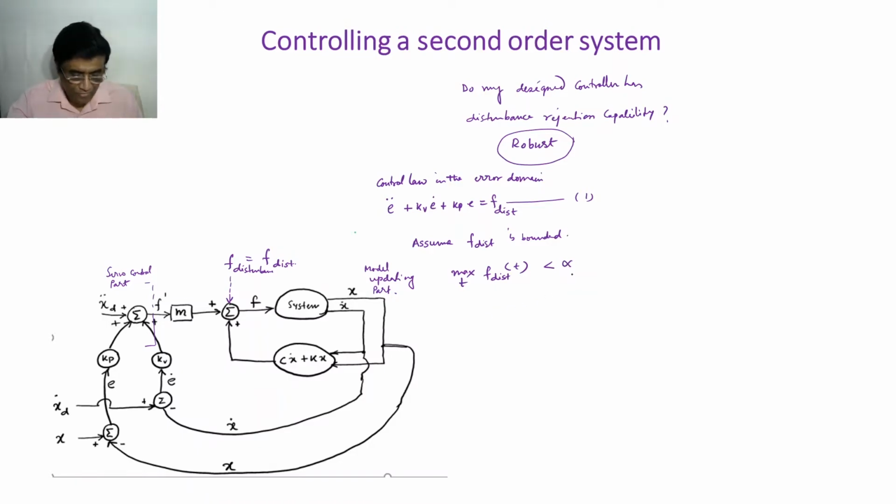Alpha could be a constant. There exists a constant alpha always. I will assume that this is the definition of my disturbance force being bounded. That means at any time the disturbance force must be less than some constant value alpha, and if there exists such a constant alpha, and I can figure out that this is the case of disturbance force, then